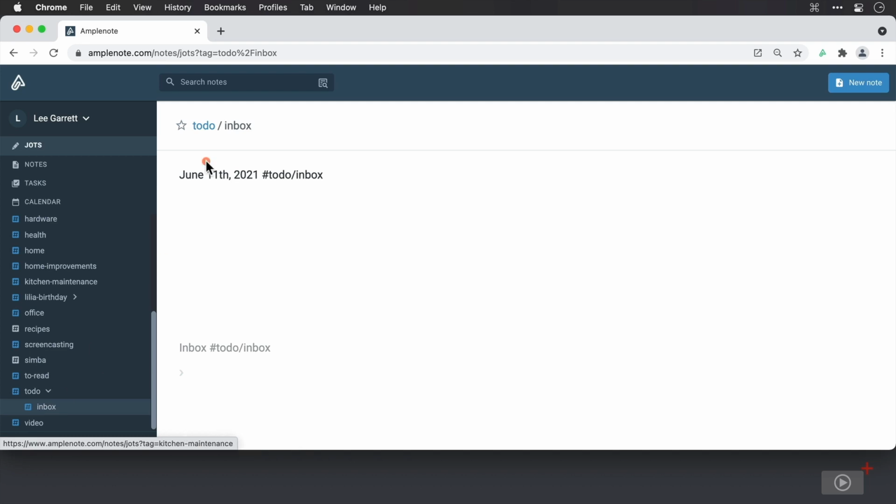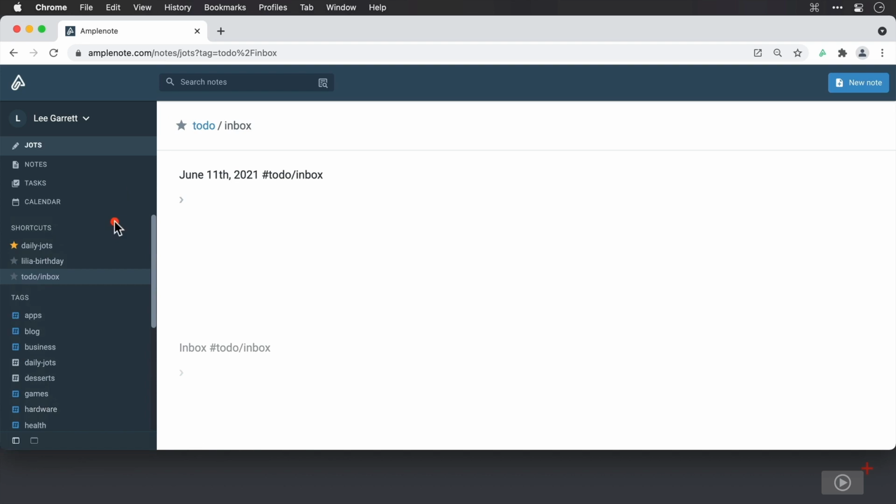Now, I'm going to click the star to make this tag a shortcut. And that means that when I come up to shortcuts, I can see this tag grouping in here. Now, the gold star that's next to daily jots means that this is the default shortcut. So whenever you come to this jot section from another area of Amplenote, that tag is what's going to be displayed. So I'm going to change the default now to to-do/inbox, and I'll do that by clicking the star icon